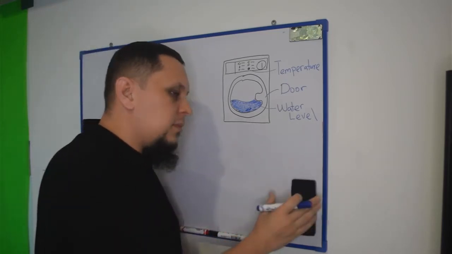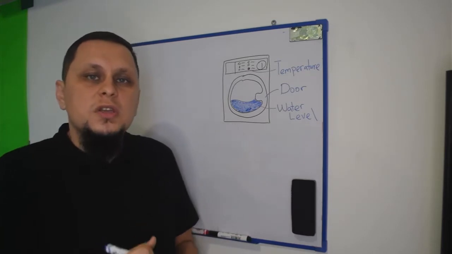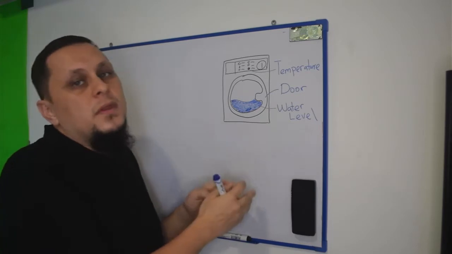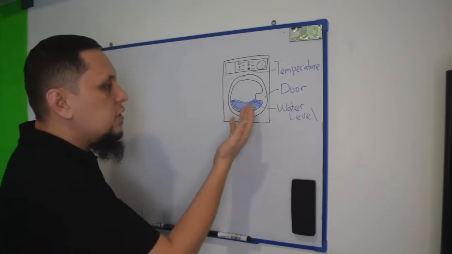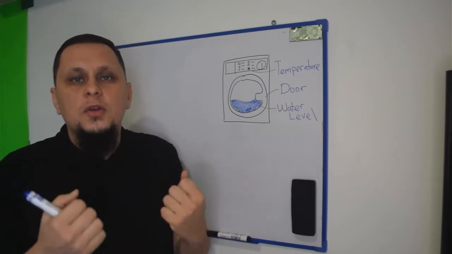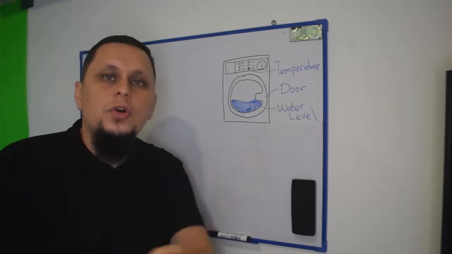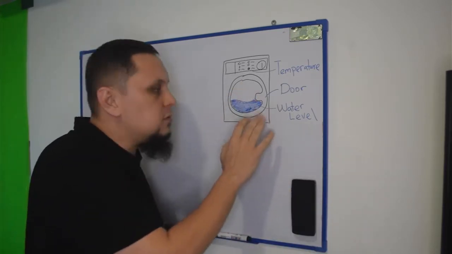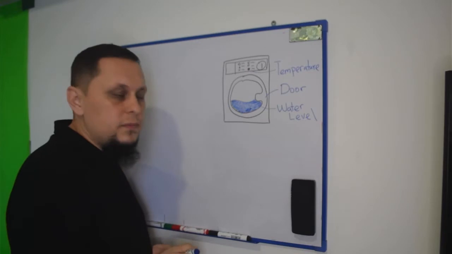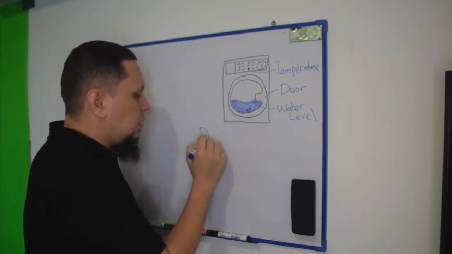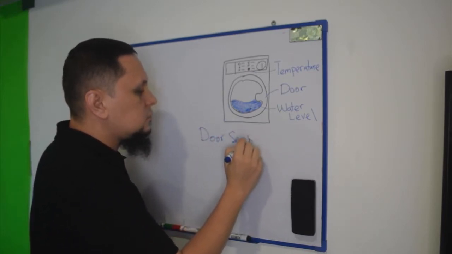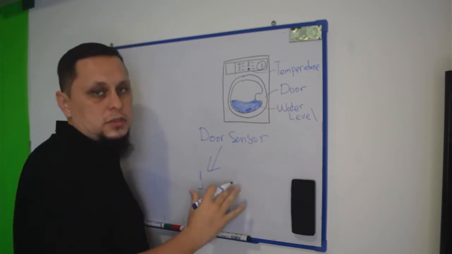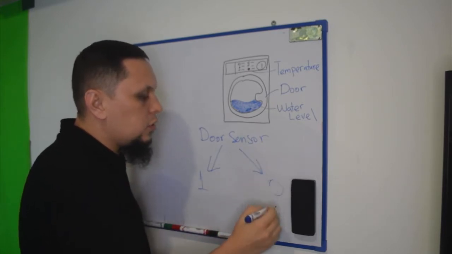If you remember, when we create a logic circuit, there's always a relation between the input and the output. First, let's look at what inputs we have. First of all, we have a door. In order to start the washing process, you have to make sure that the door of the washing machine is locked. So there is a special sensor inside the door. Let's call it the door sensor. This door sensor returns 1 when the door is locked, and it returns 0 when the door is open